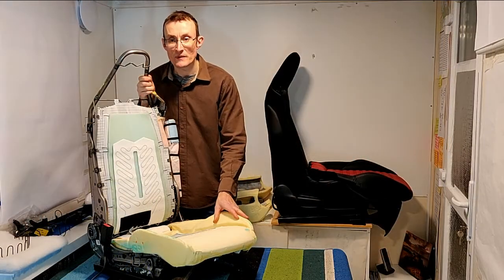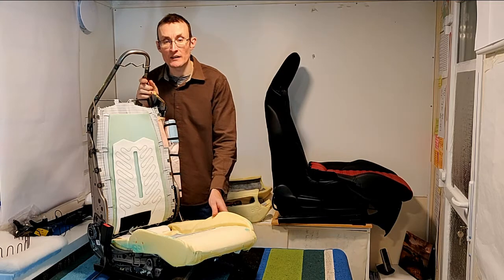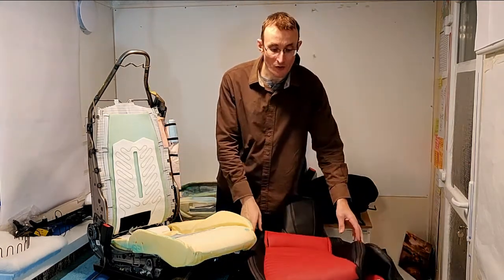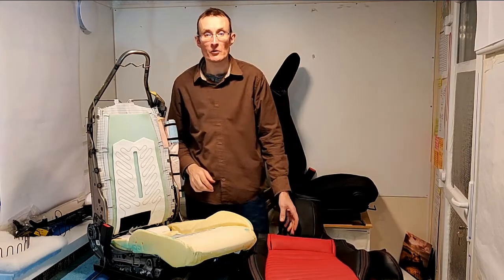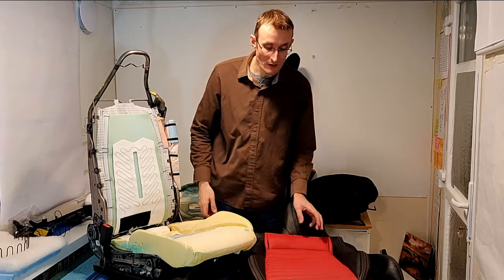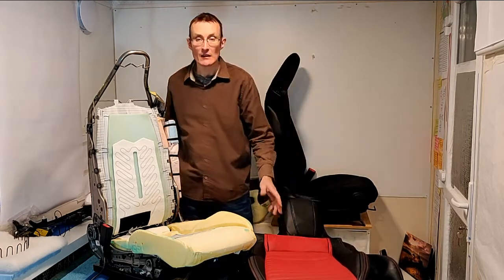That concludes our strip down of the seat. I hope you found that useful and interesting. I'm now going to take these seat covers to a local upholsterer. Quick shout out for Hooks Upholstery. David's been helping me choose some Alcantara style material to replace the centre sections of the seat to better match